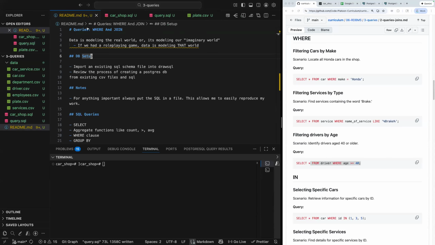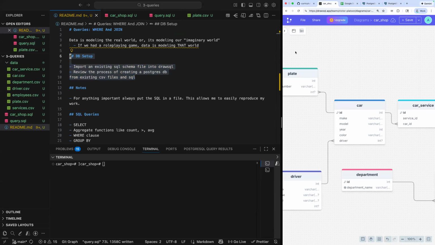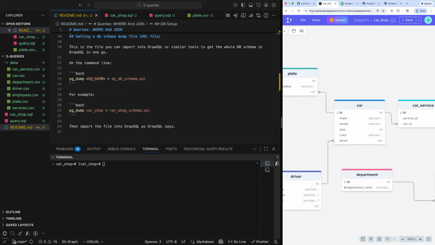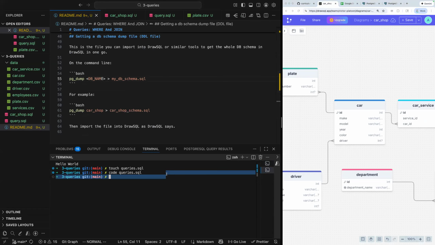All right. So we've covered setting up a database. We've seen that we can import our data model into here nicely. We can also do a data dump. By the way, if you ever want to dump data from Postgres on the command line, I can run pg_dump with the name of my database and then use the command line pipe operator to put it into carshop